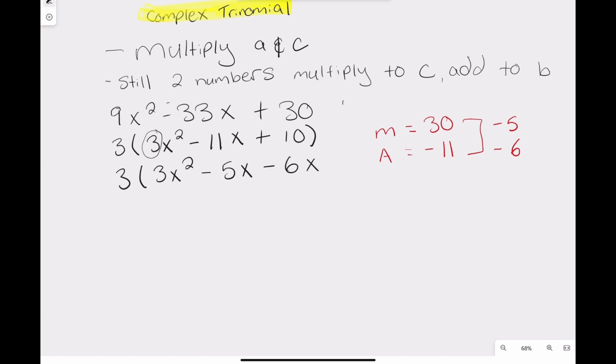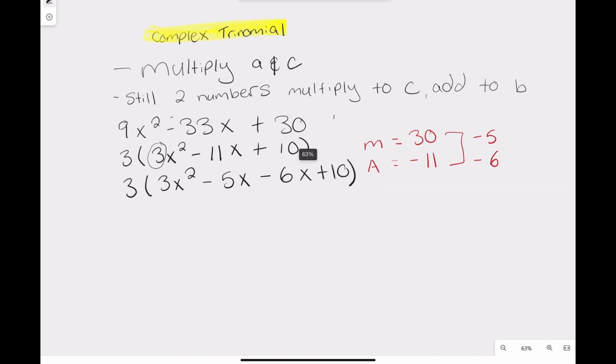Now, because this is a complex trinomial, we can't write x minus 5 in brackets and then in another bracket x minus 6. We have to go through what we were doing before, and we have to take what we have inside of the brackets and what we have out of the brackets, and make them into two separate brackets. So